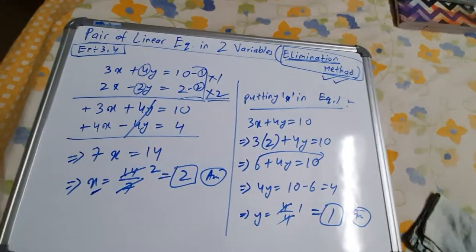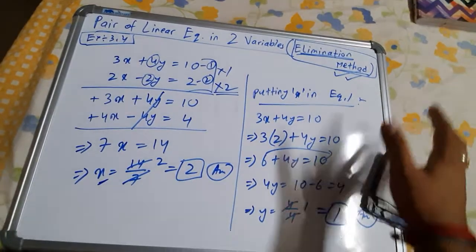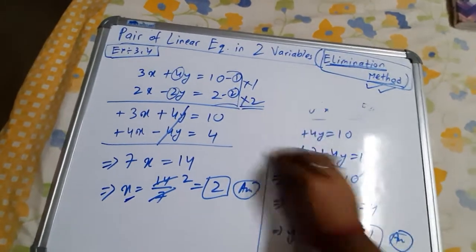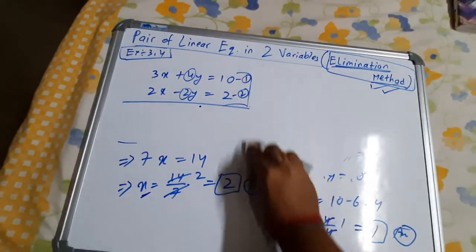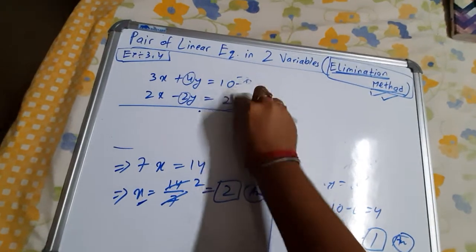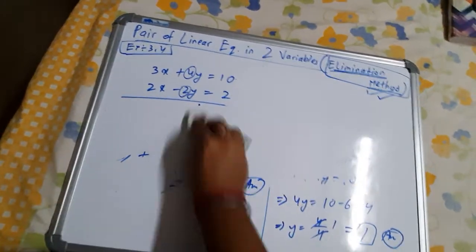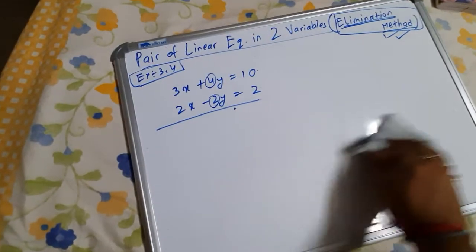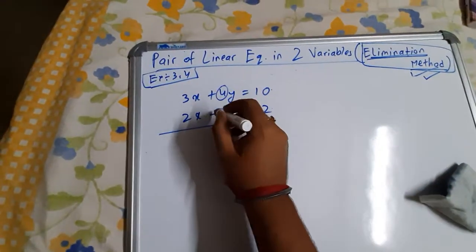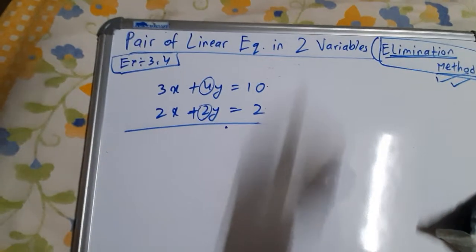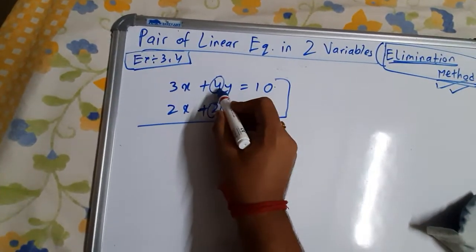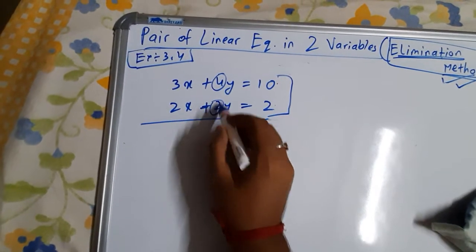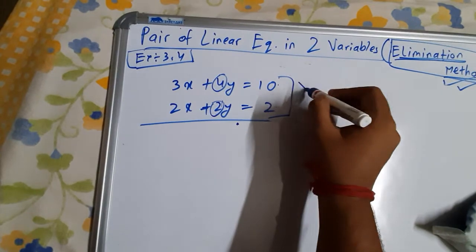Now one more deviation from this method is, if the signs were same, some deviations are like this. See, let me just rub this and I will just show you. If the signs are same, suppose both are plus, then what you will do? Again the same thing, over here is 4, over here is 2, so we need to make the coefficient same.